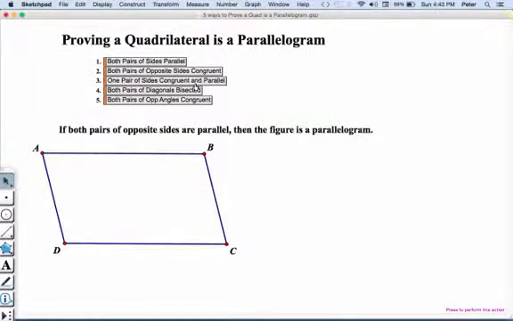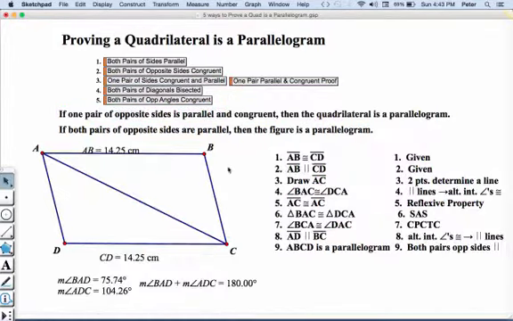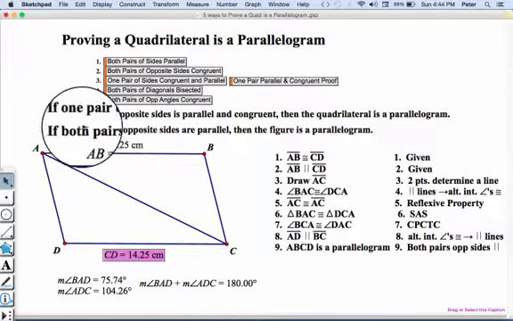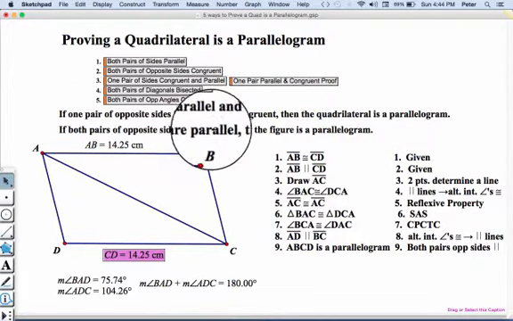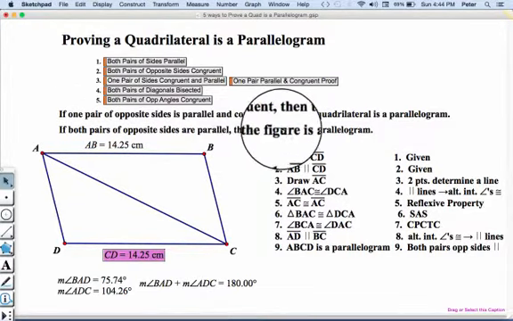If I know one pair of sides are congruent and parallel, can I show that the figure is a parallelogram? Again, we're going to take this given information that one pair of opposite sides is congruent and parallel to try to show that both pairs of opposite sides are parallel, so that we can satisfy our definition that the figure